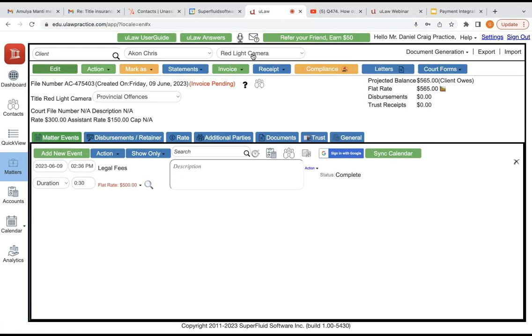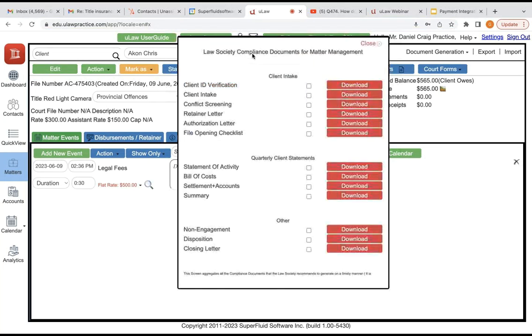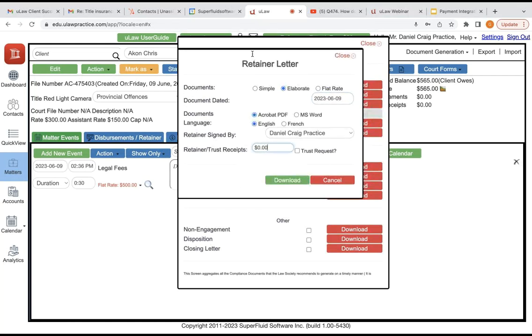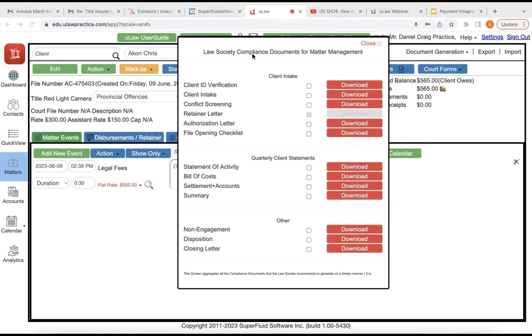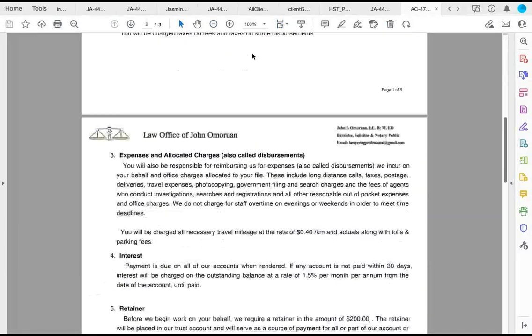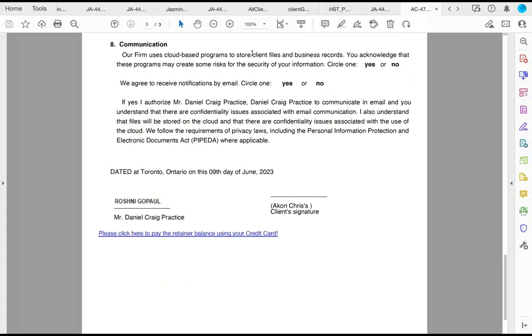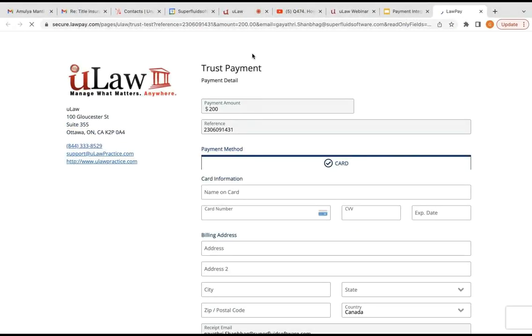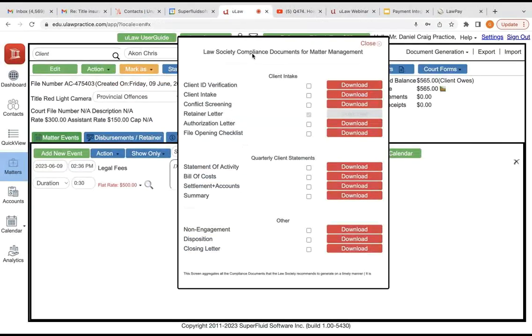Save it. So if you're someone who wants to collect a retainer, you can always go into compliance and download a retainer letter. Let's say you want a $200 retainer. The moment you download the retainer letter, of course, it's going to come up with a link at the bottom where your client can pay using the credit card for the exact amount of $200 that you punched in